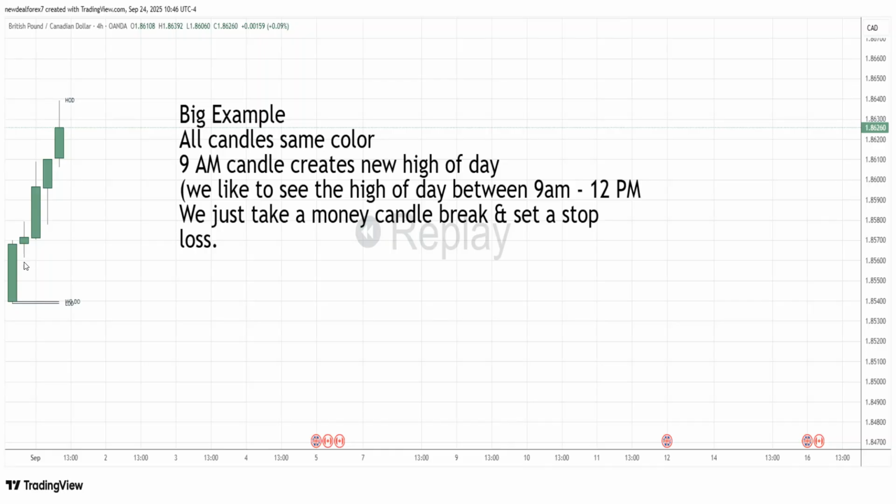Now, this is going to be another caveat as well. This is a big example. Sometimes you'll have 5 candles, 1, 2, 3, 4, 5, that are all green, but the high of the day is still created between 9 and 1. It just didn't give you that price action. So in this case, you're going to hold overnight. Okay, so because the high of the day was created between 9 and 12,